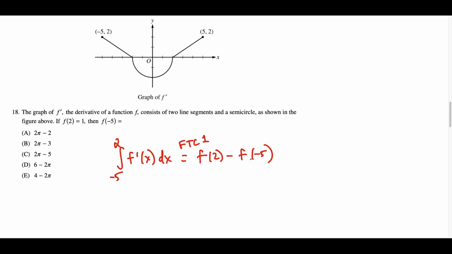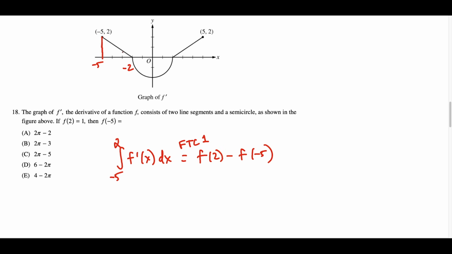So if I want to know what is f of negative 5, then all I have to do here is find the value here and subtract f of 2. So we just go through the process now and see what is the area under the curve from negative 5 to 2. And what we have here, from negative 5, this is x equals negative 5, up until negative 2,